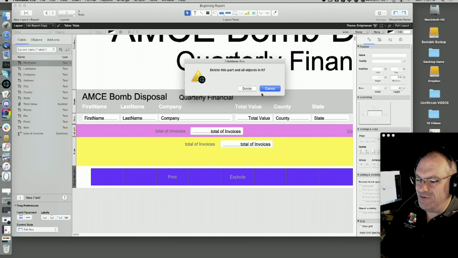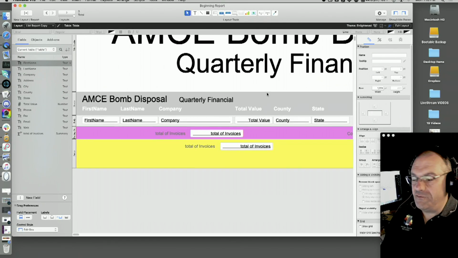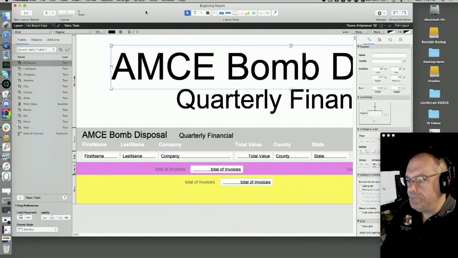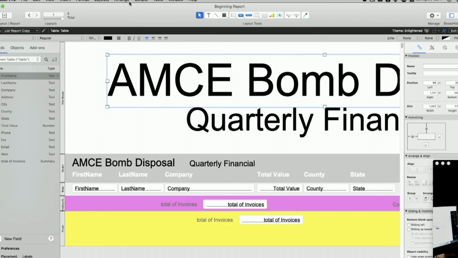Once again, those are elements that you would use if you were using this as an interface, especially on a mobile device. So we have this header at the top, a really big giant header. Then we have a small header here. And then what we really want to have is quarterly totals or totals by state. So what you can do is you go over here. I'm going to zoom in a little bit again.